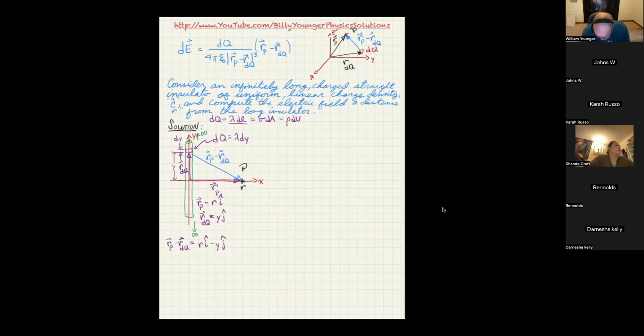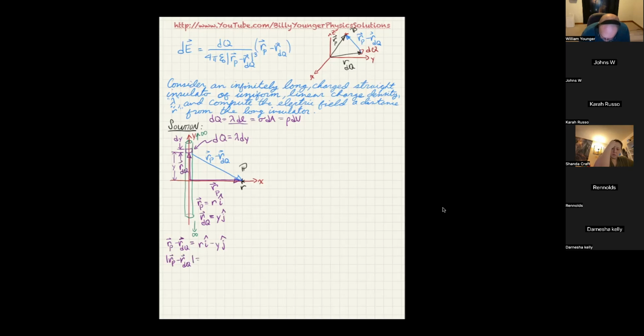But if not, then you can, of course, use the Pythagorean theorem and use RP minus RDQ. I'm going to go ahead and write it down. Hopefully, you've already figured out what the magnitude of RP minus RDQ is. I'm going to write it down now. So the magnitude of RP minus RDQ